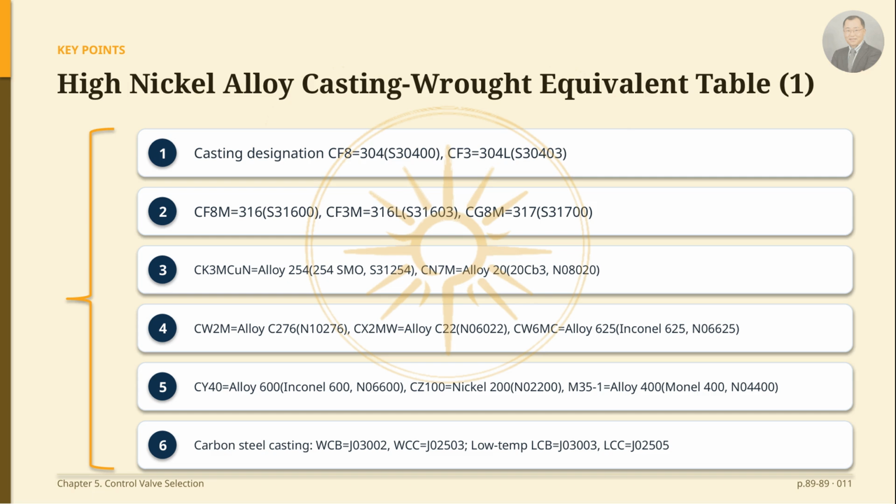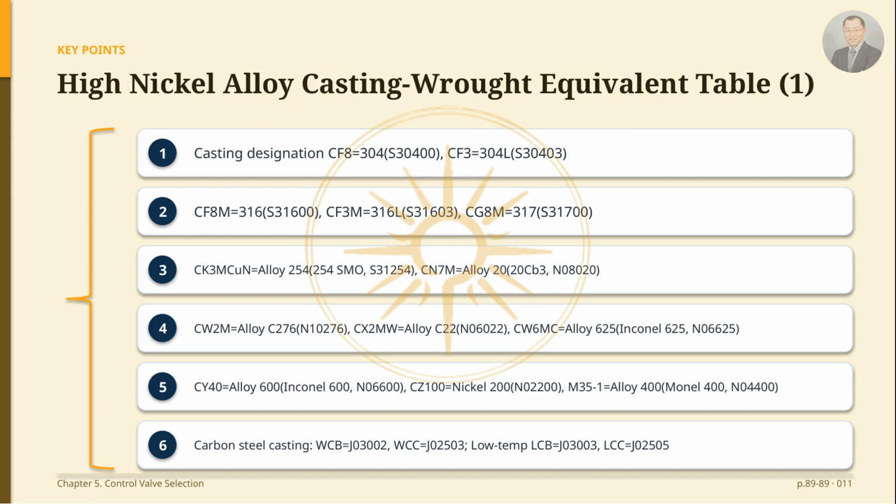CF8M is 316 with S31600, CF3M is 316L with S31603, and CG8M is 317 with S31700. In the high alloy section, CK3MCuN is alloy 254, trade name 254 SMO with S31254, and CN7M is alloy 20, Carpenter 20CB3 with